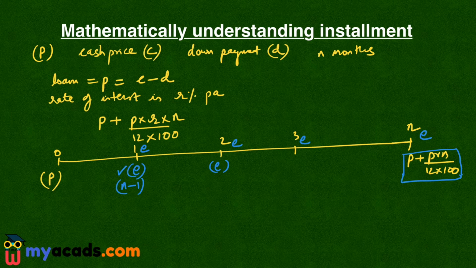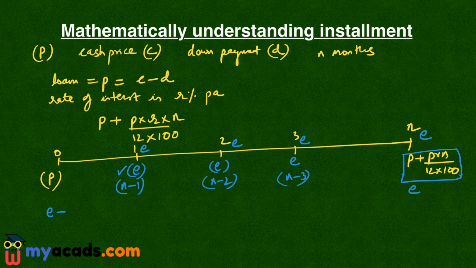However, the interest can be earned only for n minus 2 months. Similarly, when the person will pay the third installments, the shopkeeper can utilize this money and earn interest for n minus 3 months. This process will continue. And finally, when the person will pay the E amount, the shopkeeper will have no time to earn interest on this money. So it means the person has paid how much money to the shopkeeper?